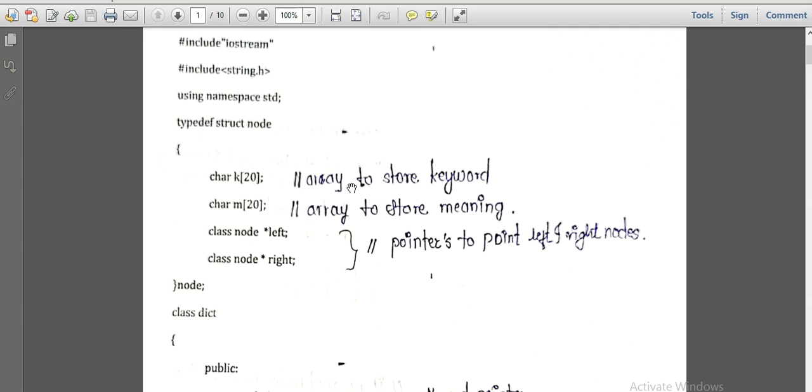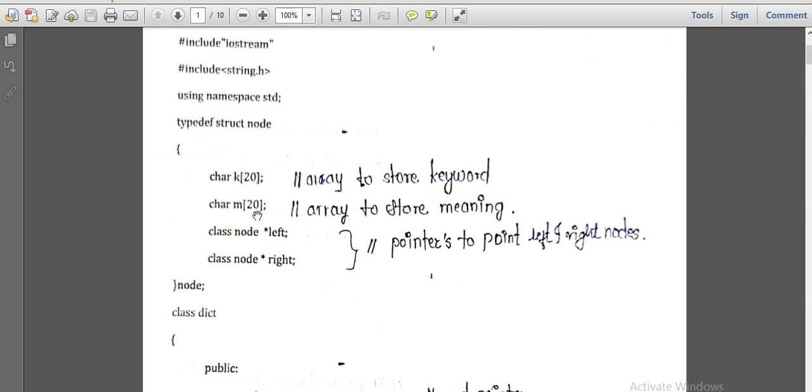Whatever fields are there, according to those fields we create the struct node with different variables, and the value of a variable can be character, integer, etc. So we define arrays, pointers, or whatever the requirements are in this typedef struct node. Here the struct node we have created takes a data type of character.